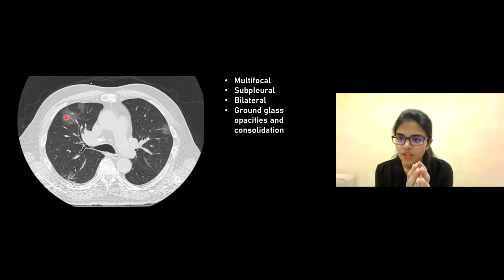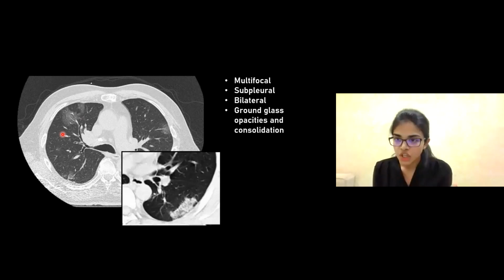It is called so because at this stage, the alveoli start to get filled with pathological fluids, but they're not completely filled. They're partially filled. That's why you can see the markings within the GGO, right? So when the ground glass opacity becomes progressive, that is, when the illness becomes progressive and the alveoli get completely filled with fluid, then the GGO progresses into something called the consolidation.